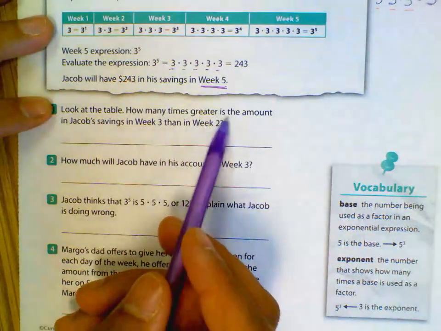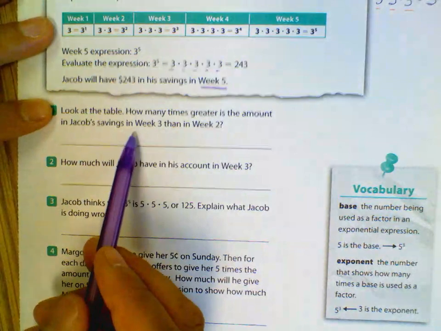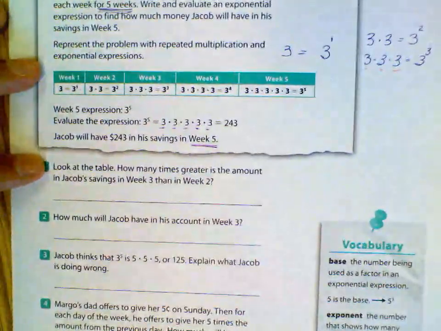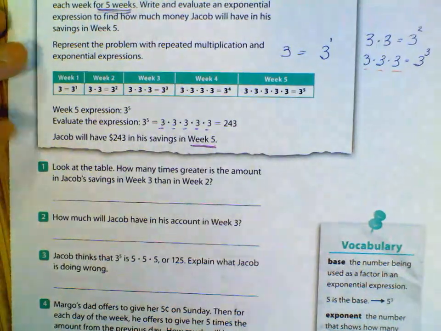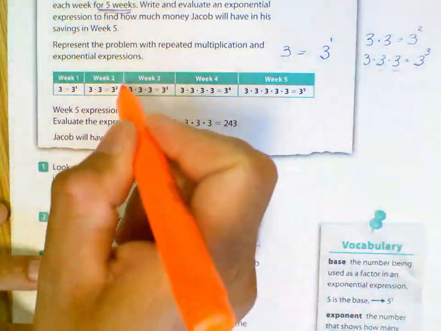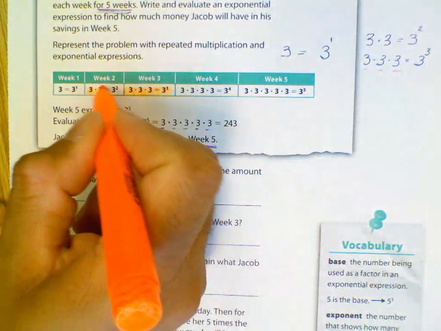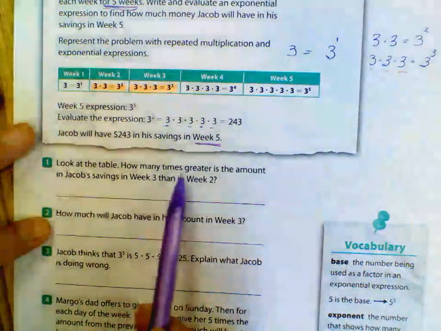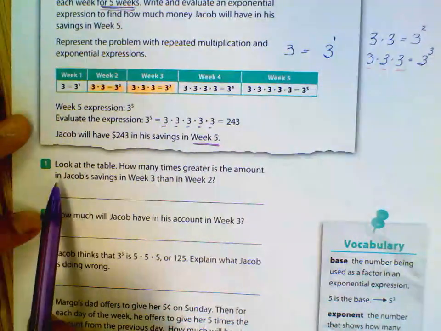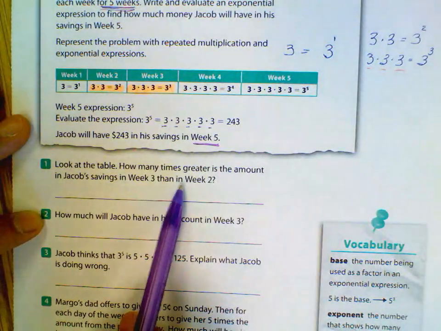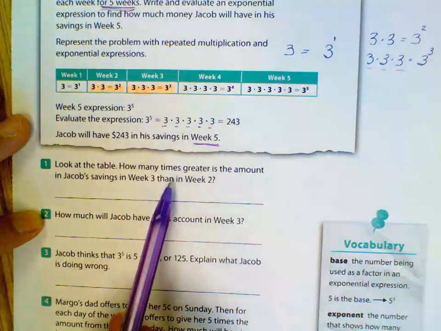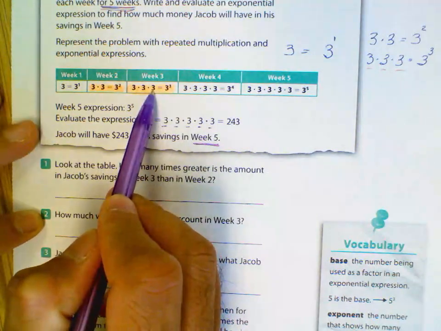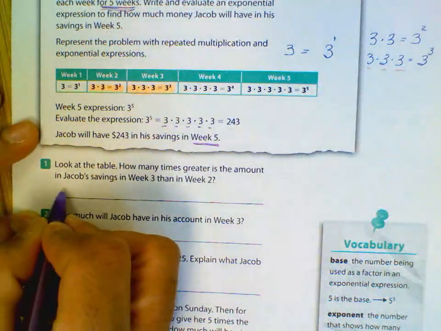How many times greater is the amount in Jacob's savings in week 3 than in week number 2? So we are going to look in week number 3. So here's my week number 3, and here's my week number 2. So the question is, look at the table. How many times greater is the amount in Jacob's savings in week 3 than in week number 2? So in this case, how many times? It is 3 times greater. So you can write here